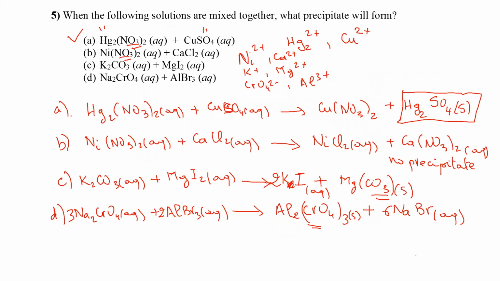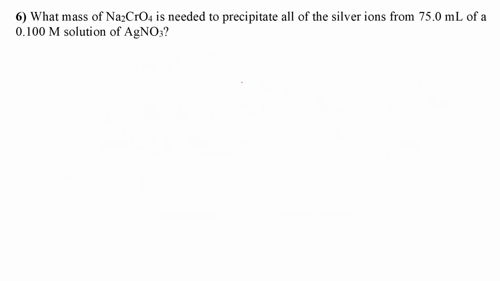Okay, so that's it for this one. Let's move to problem number 6. What mass of sodium chromate is needed to precipitate all of the silver ions from 75.0 ml of 0.1 molar solution of silver nitrate? So what is going to happen? We have a solution of silver nitrate here. Then we will add